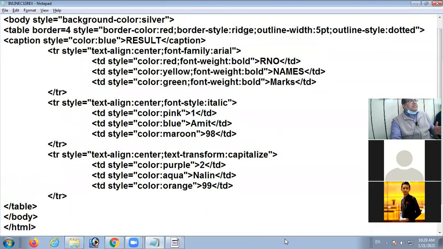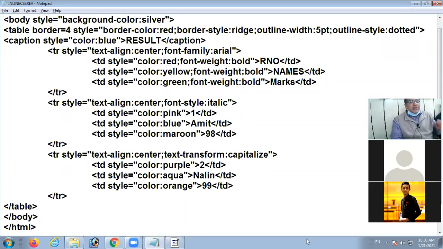So number of changes you can do with the help of CSS in your coding. Today I have revised with you the inline coding of CSS. I once again give a quick revision. Inline CSS means when you are doing the formatting of the element by taking the style attribute inside the opening tag. Whichever tag you want to format, in that element, you take your relevant property by using the style attribute. Right? Am I clear?